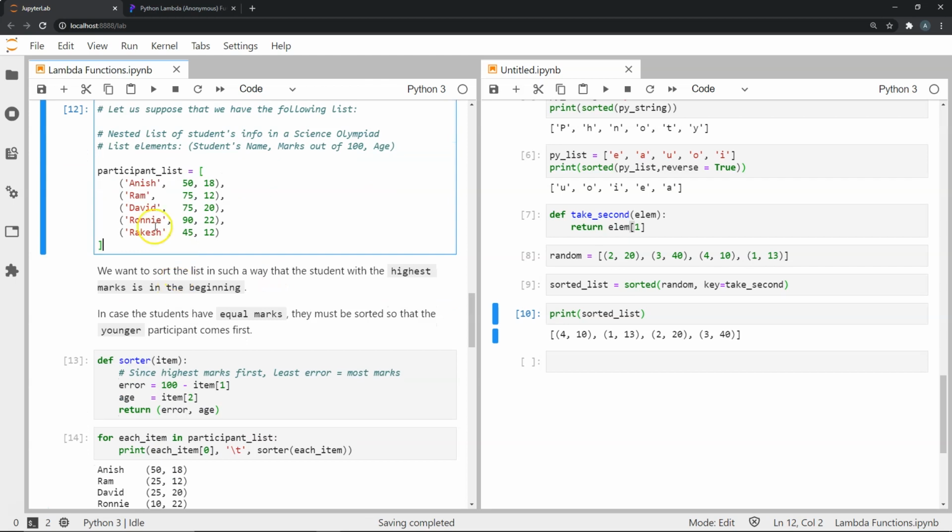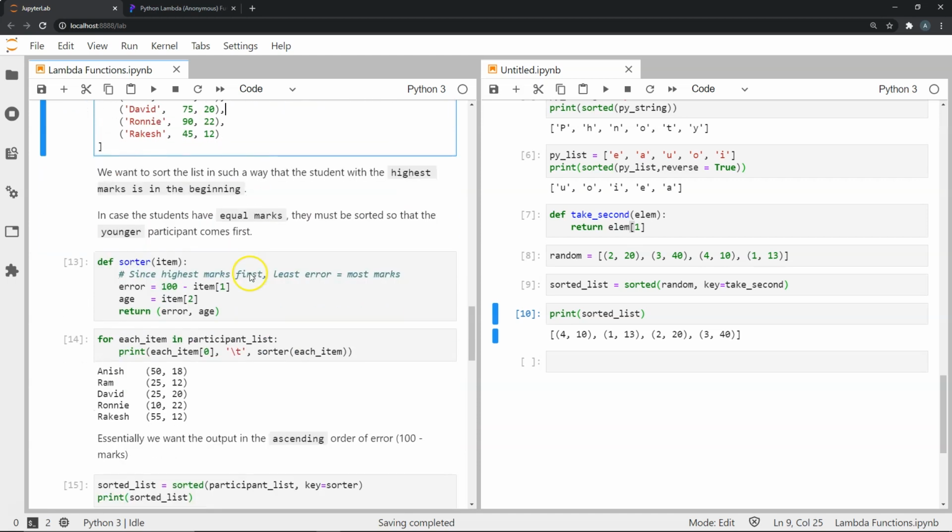So what we want to do is sort these tuples in the order of first marks, and in case the marks are clashing or they are the same, we will sort by the age. So we want to first sort by these marks, as you can see here. But in case they clash, for example, this 75 and 75, they're the same marks. In that case, we want to sort by the age, which is 12 and 20, which is different. So in this case, we're going to use 2 keys. The first key will be given the highest priority, and then if there is a clash, we use the second key. So how do we do this?